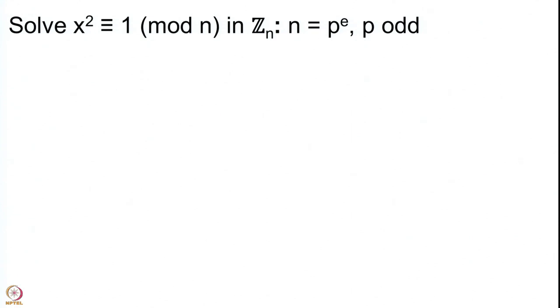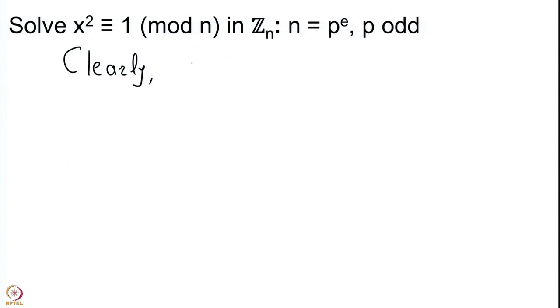So, we begin with p equal to an odd prime. This is what we have, x square congruent to 1 mod n in Zn, where n is p power e and p is odd. So, there is one thing that everyone should notice immediately, which is that there are two